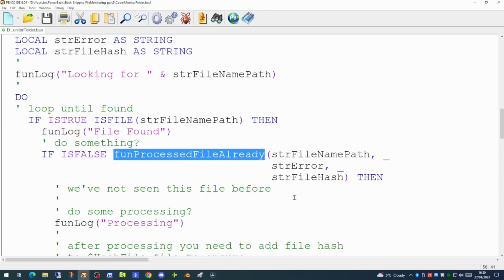In order to do this, it's generating a hash number for the file's contents. It's then comparing that hash against a series of hashes it has previously calculated, which are held in a flat text file called FileHashRecord. If this function returns false, then we have not seen the file before.